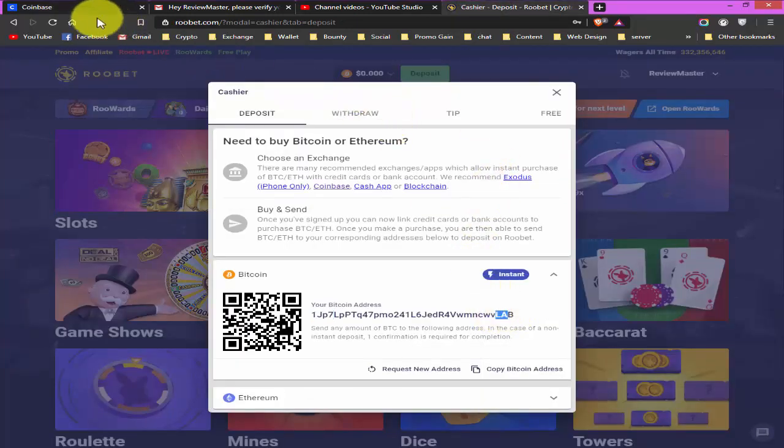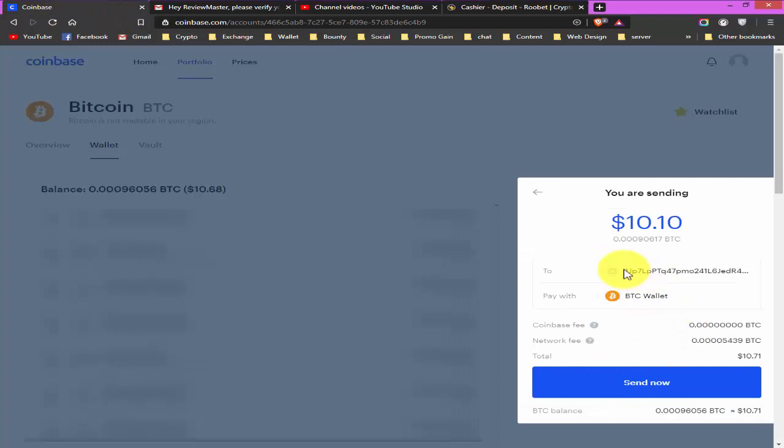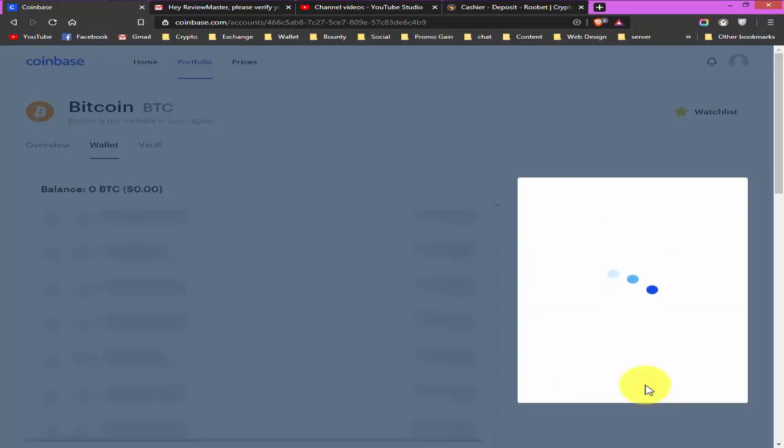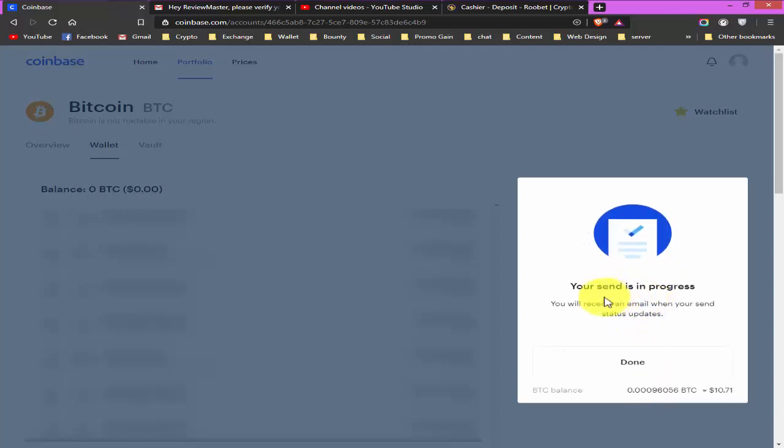So my Bitcoin address is right, and here you can see pay with Bitcoin. And when I click on this send now button, it will be sent to the deposit address. I click on this send now button. It will take some time and your send is in progress.